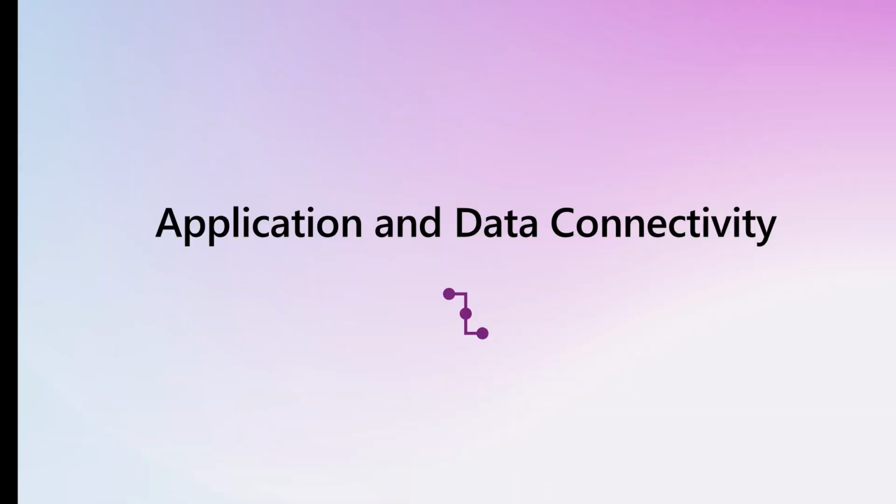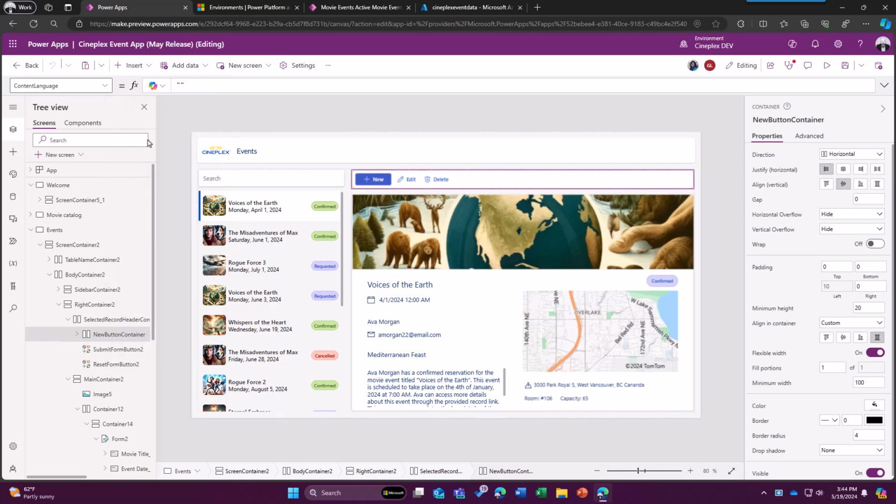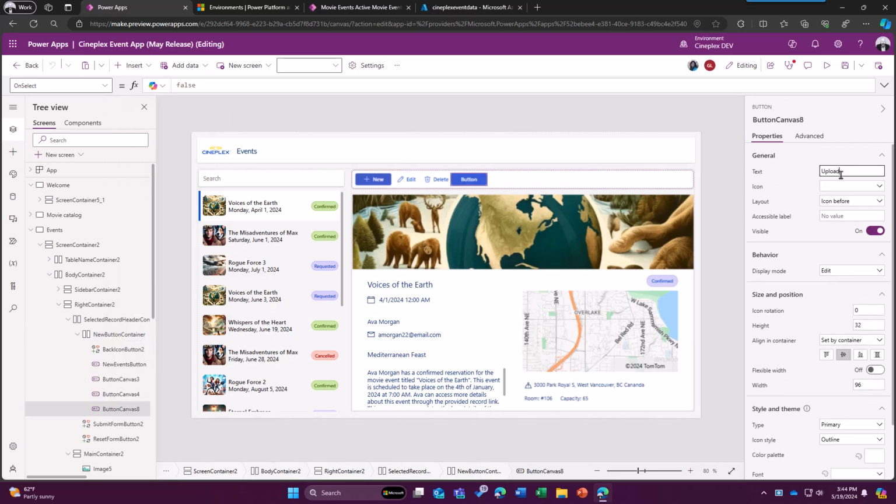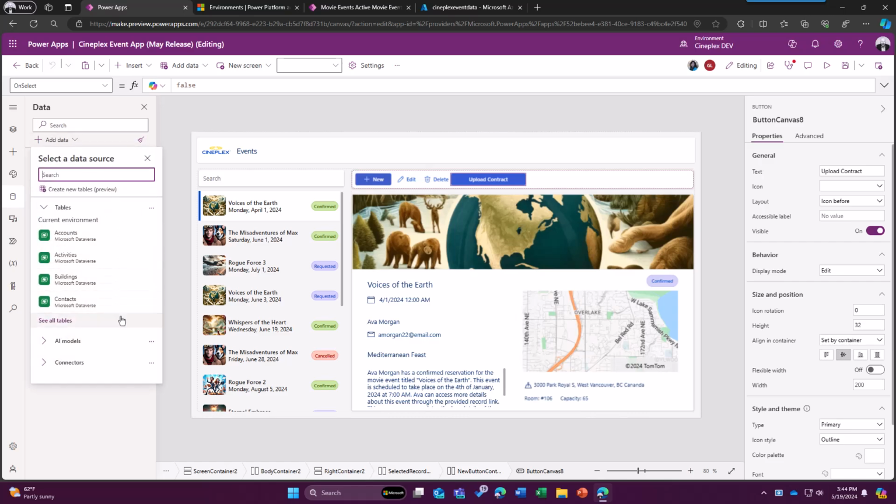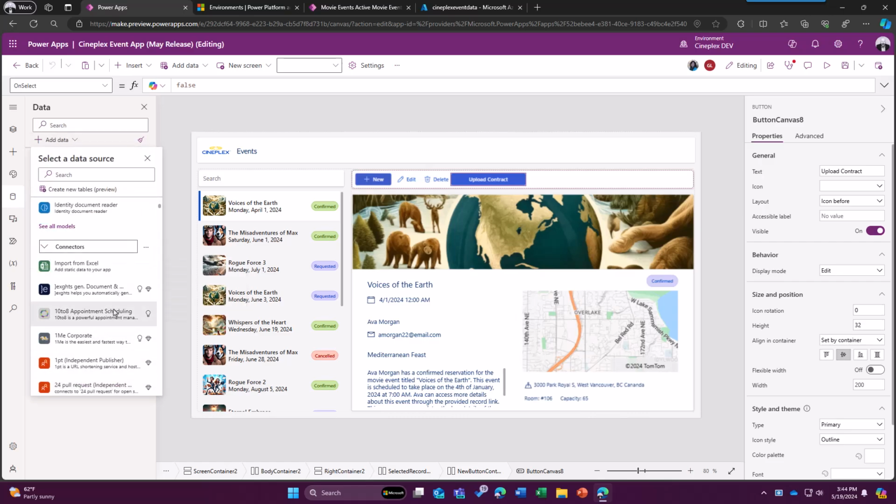Let's take a look at how we can connect to data and other services from our apps. Starting right from my app in Studio, let's set up a connection to upload contracts to Dropbox. I start by adding a button, and then I can browse through the over 1,400 out-of-the-box connectors to data and